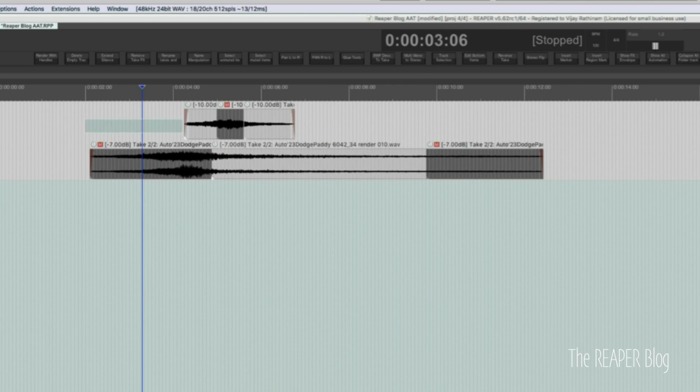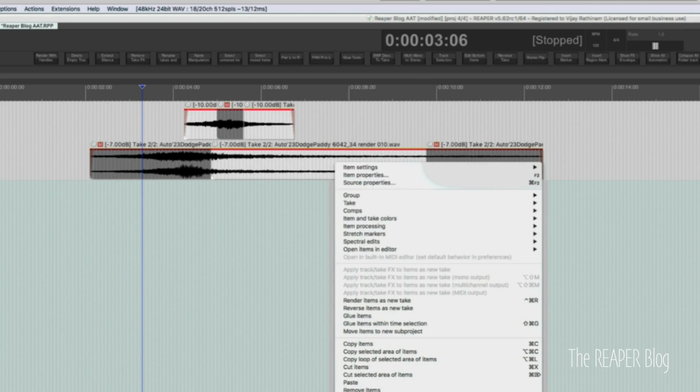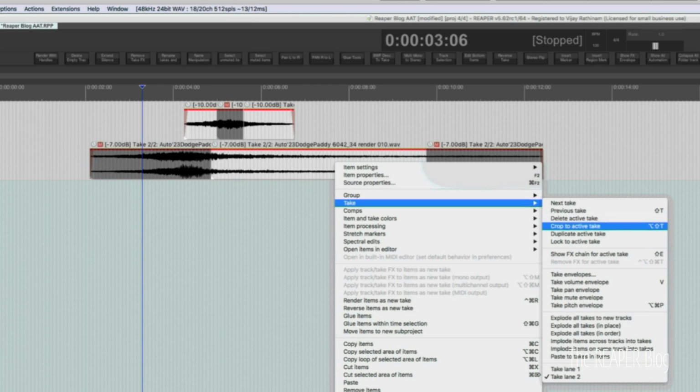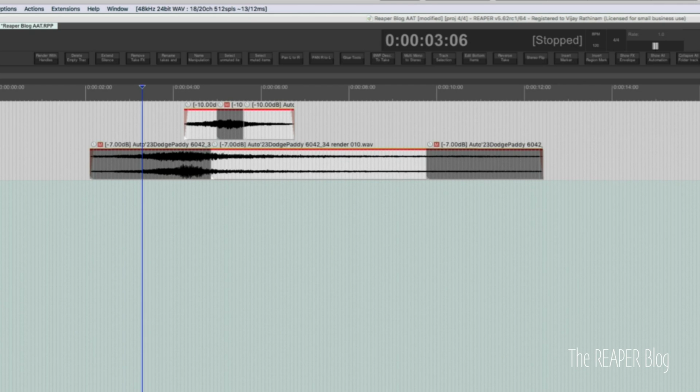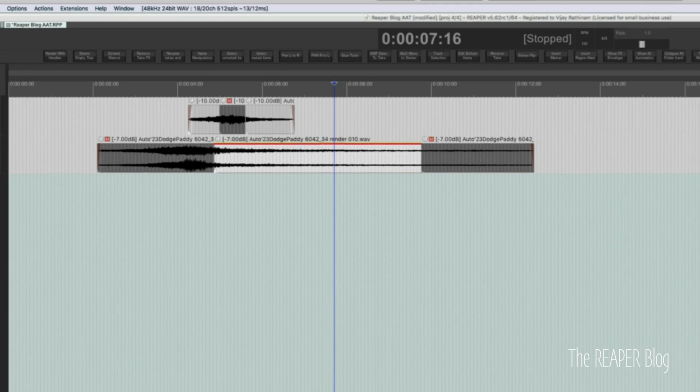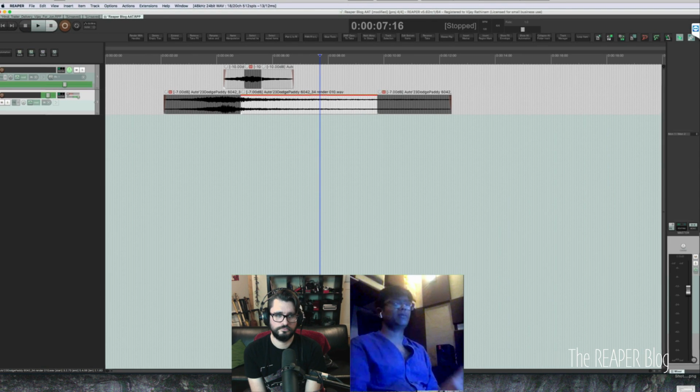And once I do this, I select all, I right-click, and I crop to active take. So the underlying take disappears. When I do this, I always do a save as. I only do this when I'm just about to transfer everything into Pro Tools. So once I finish a reel, I make a save as, and I call that for Pro Tools, and I do all these things on that project. So if I still want to tweak something, I can still go back to my old project and do it